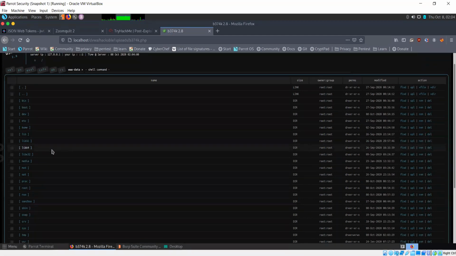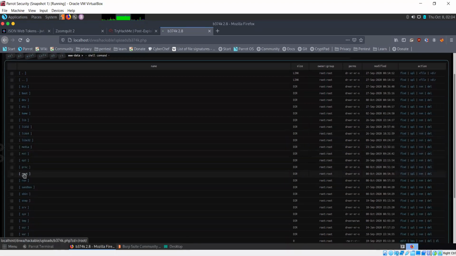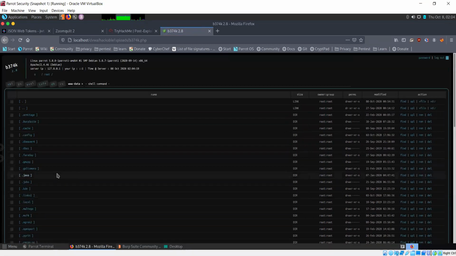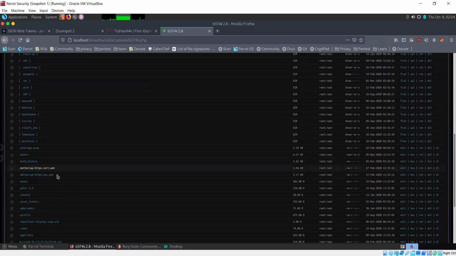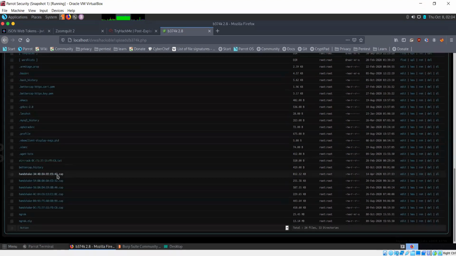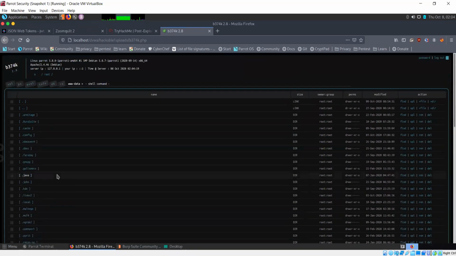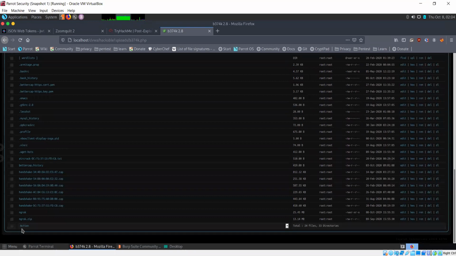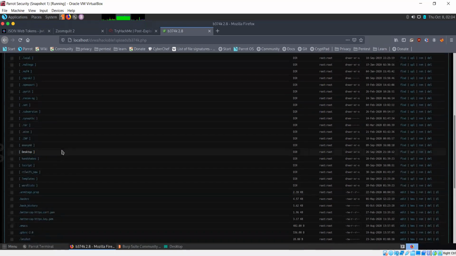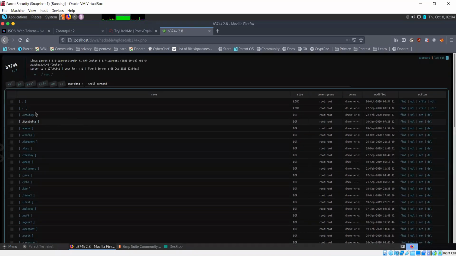It could be any file. So could I access root? Probably not. Okay, no, we are accessing root. Right. Okay, let's try to access something else.